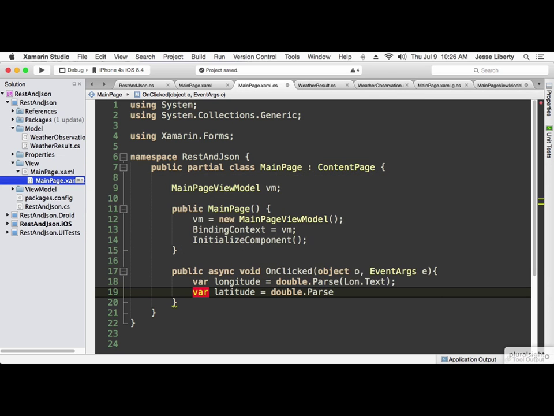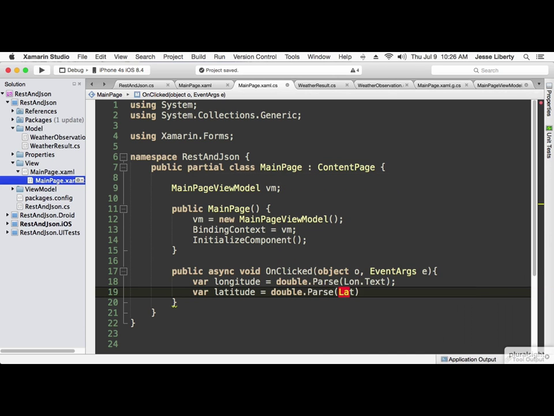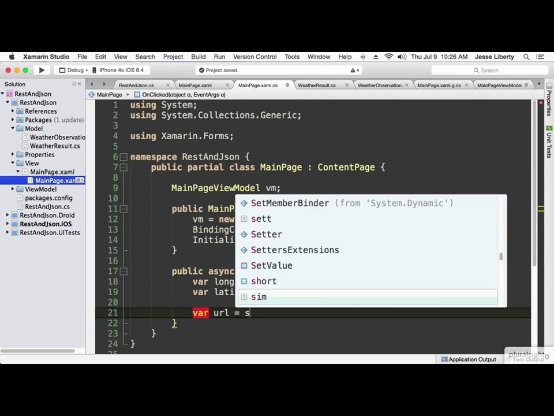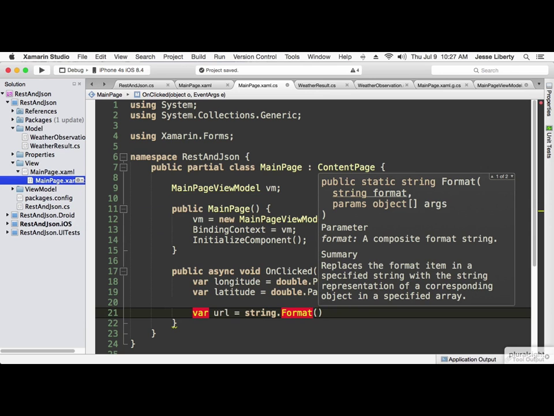We'll do the same thing with latitude. We say double.parse. We pass in lat, which is the name of the latitude entry, and then we ask for its text value. We're going to set the URL, and to do that we need to use string format. This is a rather long URL. It's